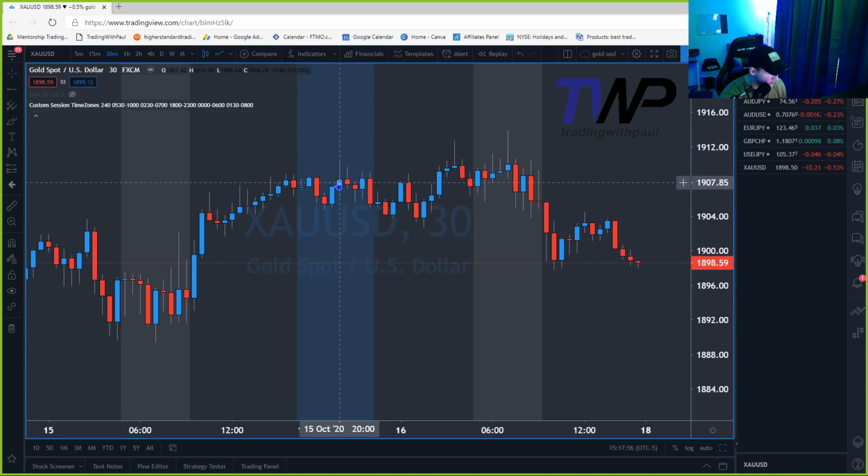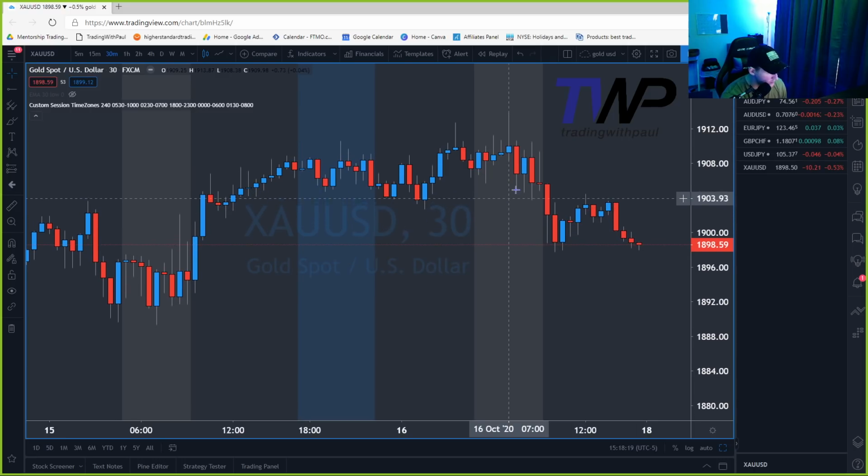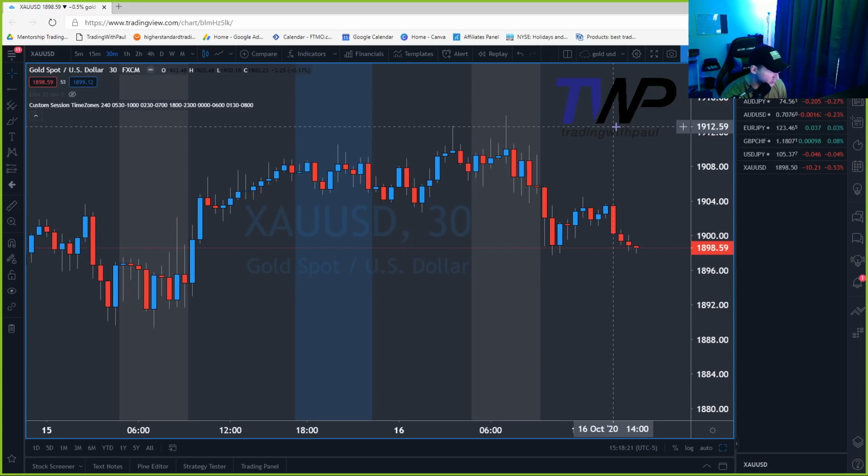So this one here would have been an entry, correct? Yep, that'd have been a win. This one would have been an entry. You could have at least secured break even and then got hit out. And then this one would have been another entry. Okay. So if you're going to be selling, you're going to want to be selling higher on the smaller time frames and buying lower as well? Well, yeah, and remember, if you're trading it to the downside, you are trading against a major higher time frame uptrend.